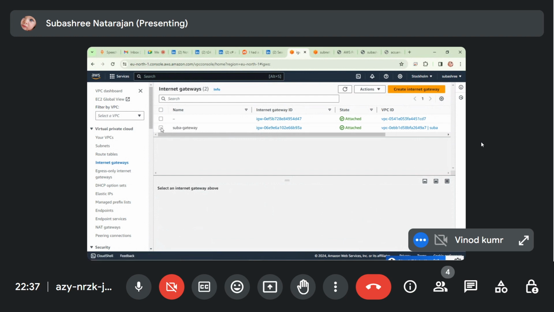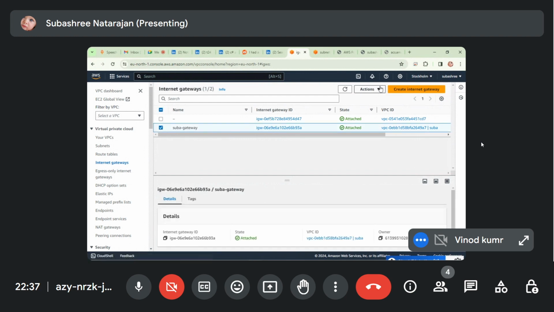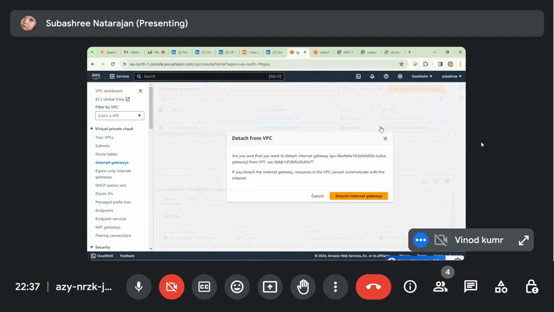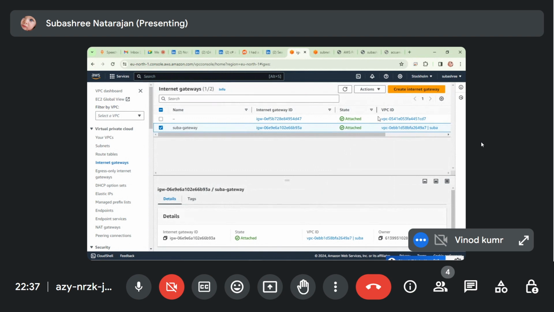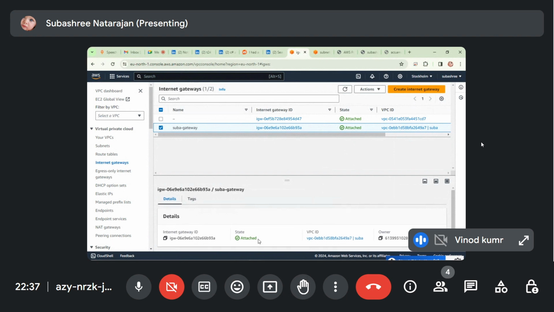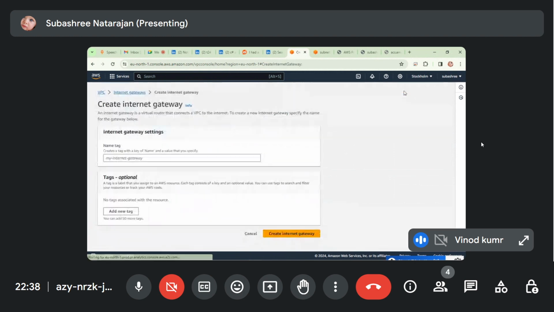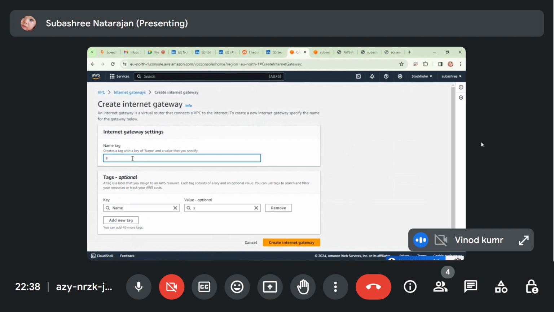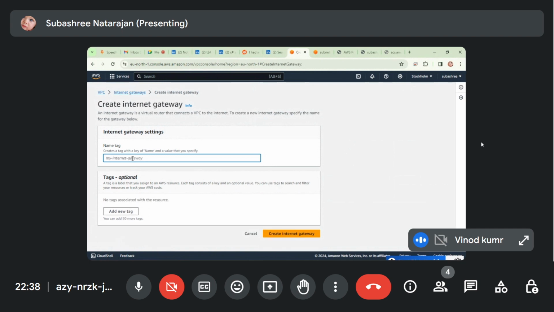Second, yeah. And actions, detach from VPC. Attached, yeah, it's already attached. No, don't delete. Scroll down. Already, sorry, we did. I think you can create another gateway once. Create gateway. Might be we missed it somewhere here, advanced settings or something. Click on new tag here. No, it's a key. I think we did it correctly only.